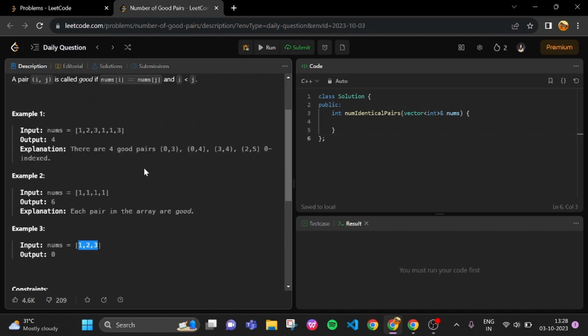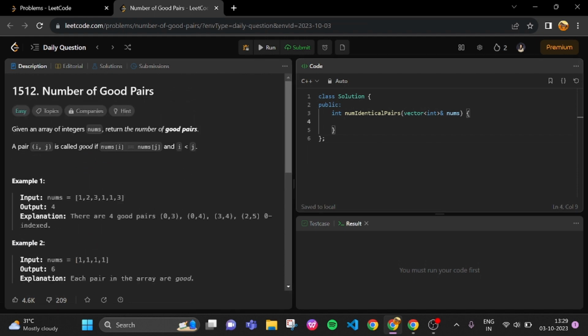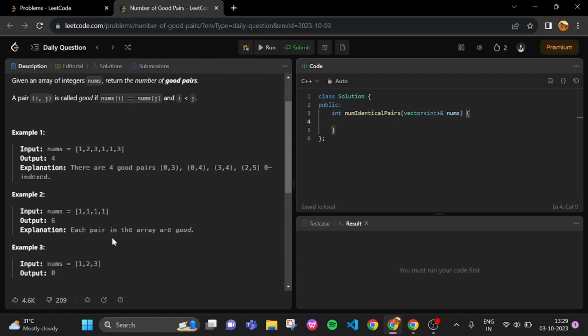So let us try to write the code for this. The approach which we will use here is that we'll create two for loops, one for i and one for j. We'll keep our i here and our j at the next element, and then we will increase our j and i eventually, and compare nums of i and j, and if the elements come out to be equal, then we will increase our count. So let us